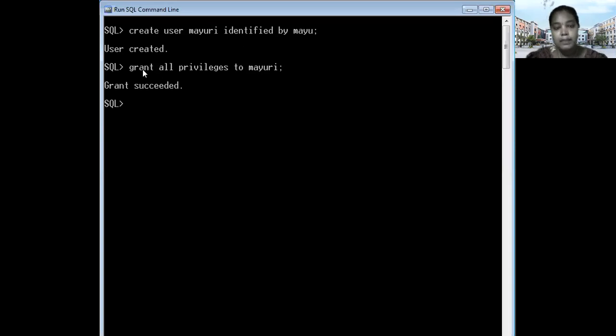For that purpose you have to use connect. What is our username here? Mayuri as the username and the password is Mayuri. So you enter your new folder, your user requirement. What is our next target?